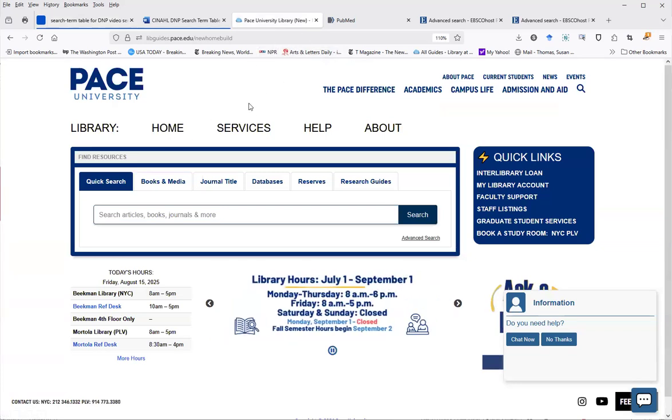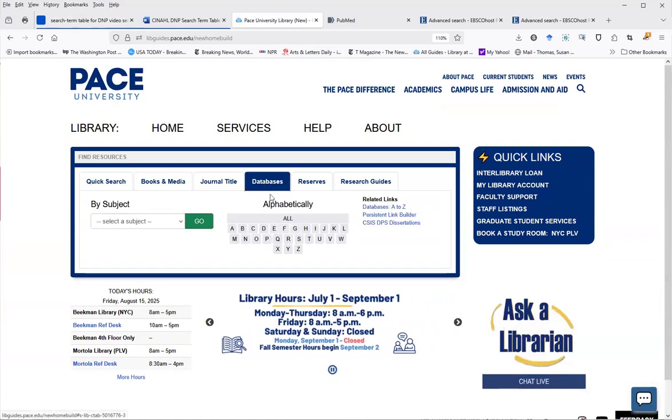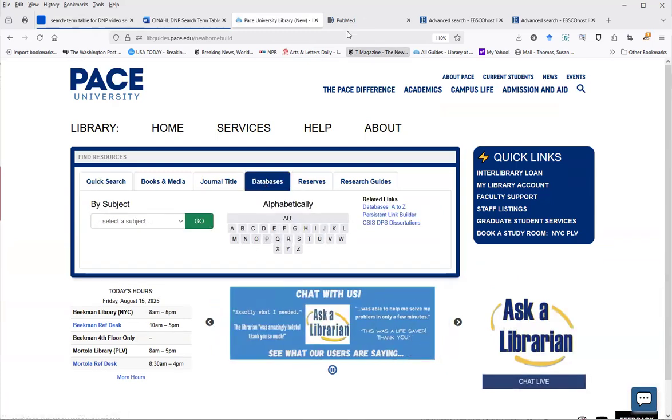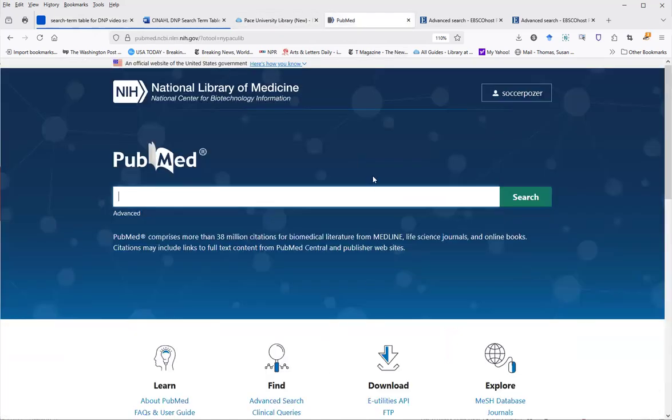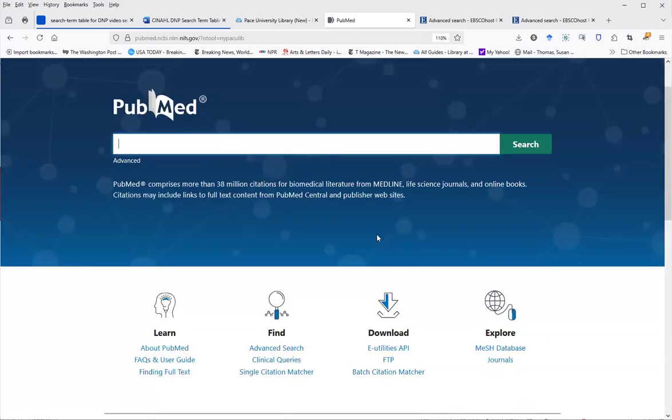So this is the Pace University Libraries homepage. You'll go to the databases. You click P for PubMed, and then this is where you'll land. Normally, we would start typing in this box right here to look for articles, but we're not looking for articles yet. We are looking for controlled vocabulary as well as keywords. And we want to record all that in our search term table. So I'm going to go to the MeSH database